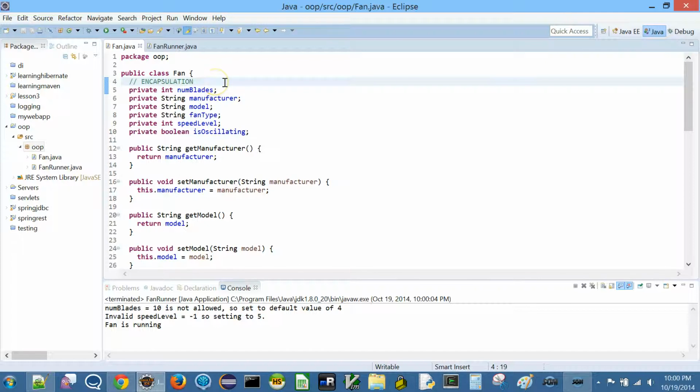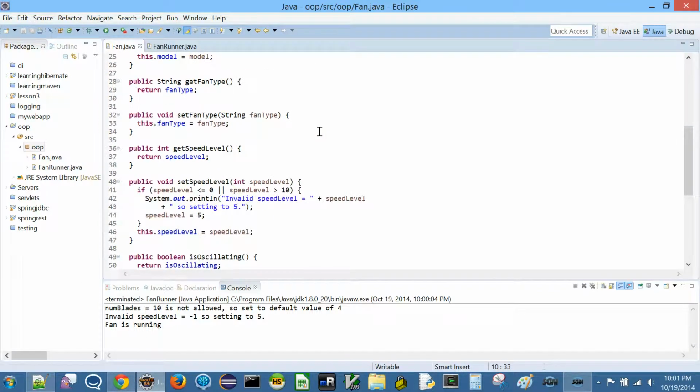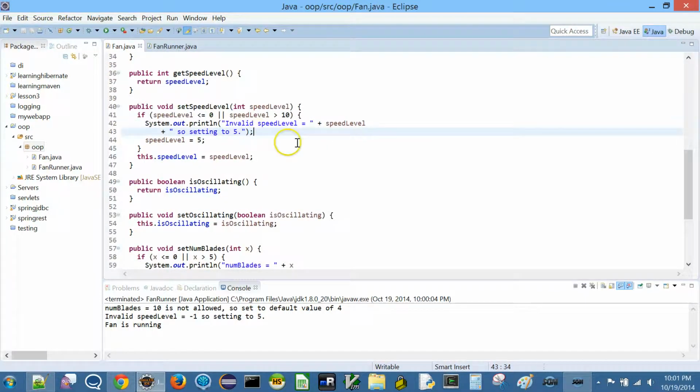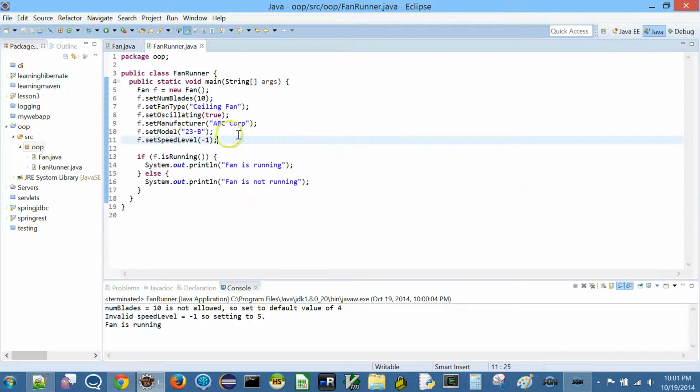basically you can think of it as one of the most important places where encapsulation is in action, like here, where you make all your fields and instance variables private, and then you provide getters and setters. Within setters we enforce our validity checks and make sure everything is fine. Whenever somebody interacts with our object, they interact with it like this, and then we can provide convenience methods like f dot is running, or f dot increment speed level.